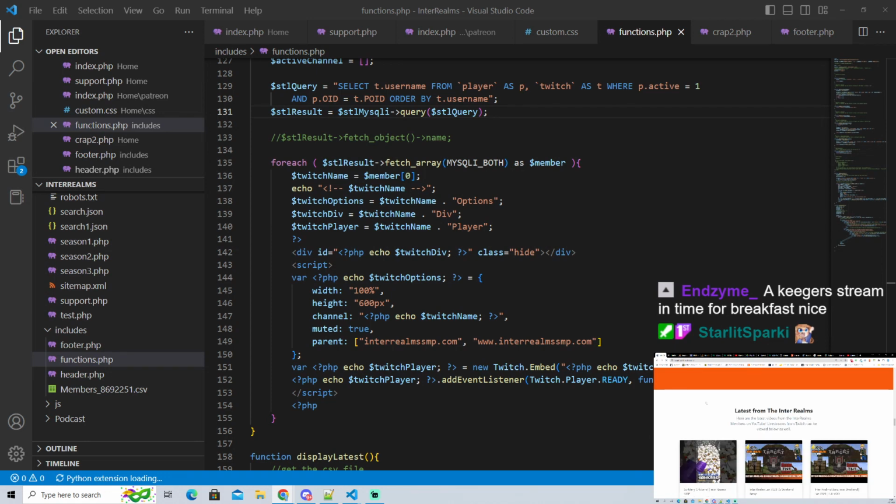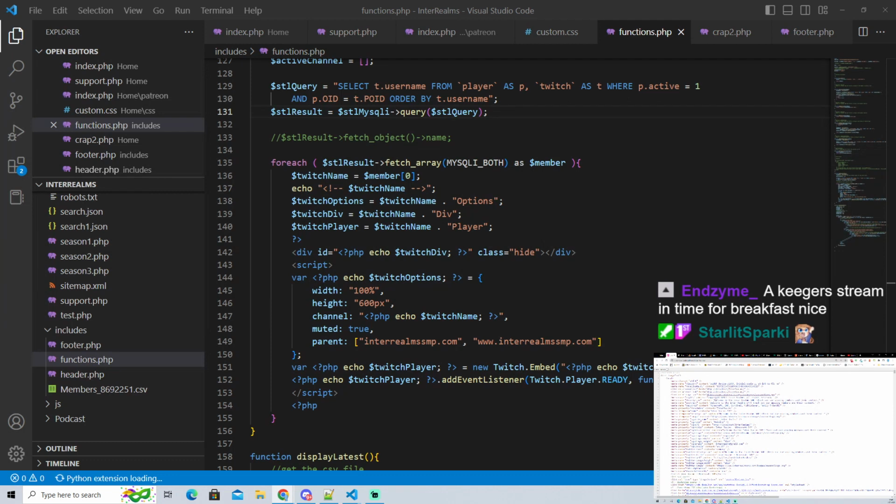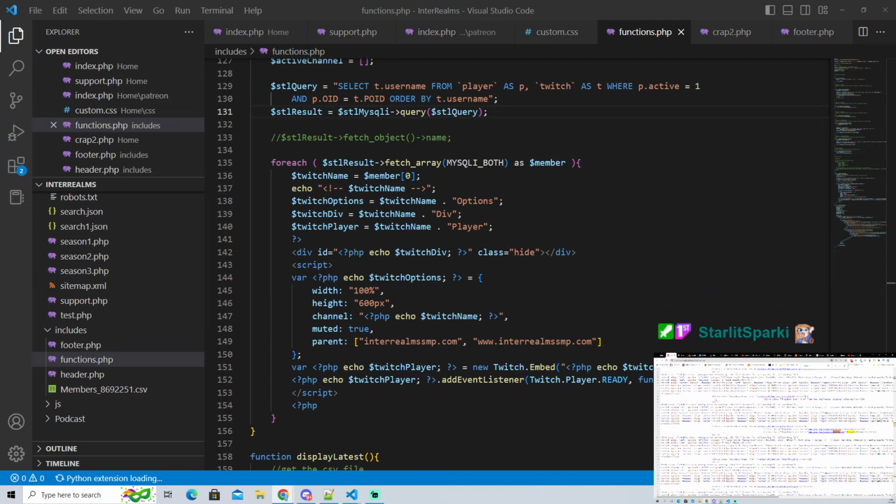Woohoo. So now in about 30 seconds it should go through. I can see it's still loading up, because I'm live. It should be popping up the stream any minute now, but we're not going to wait for that because I'm lazy. So we're going to do Control U, or Command U if you've got an Apple. We're going to search for the words Keygers02 div. Oh, I can't spell it right. Why don't I have it?